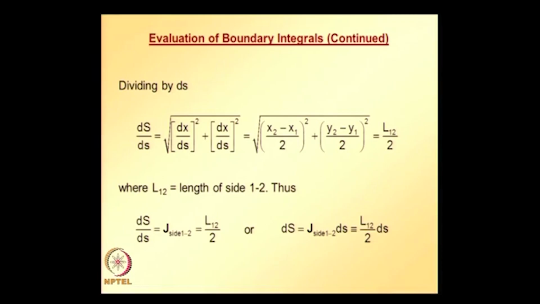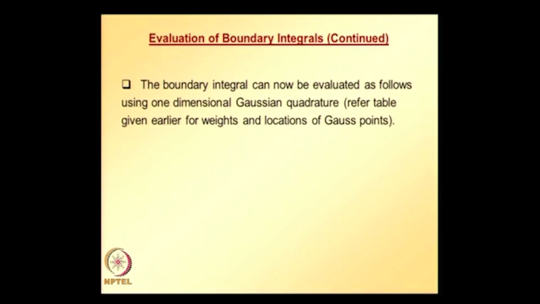So, we can replace in the integral wherever we see d capital S with L over 2 d small s, where small s goes from -1 to 1. So, the limits of integration also get changed. The boundary integral can now be evaluated as follows using one dimensional Gaussian quadrature, and to get the points and weights we need to refer to the tables that we already have from the earlier lectures. So, the previous integral now takes this form,